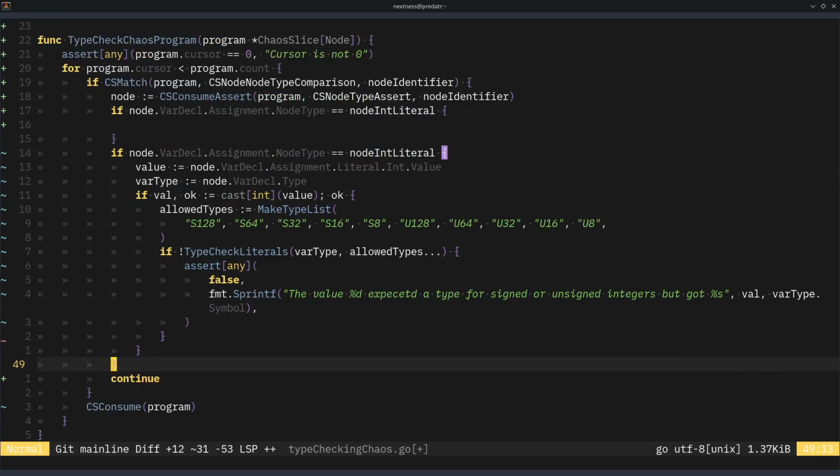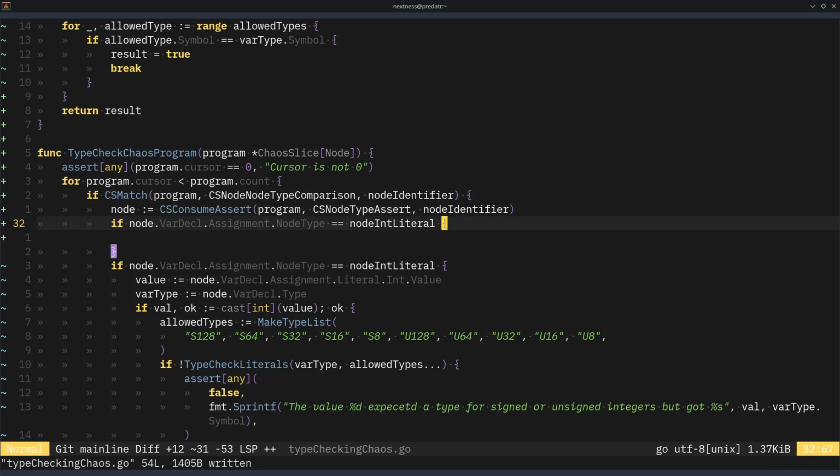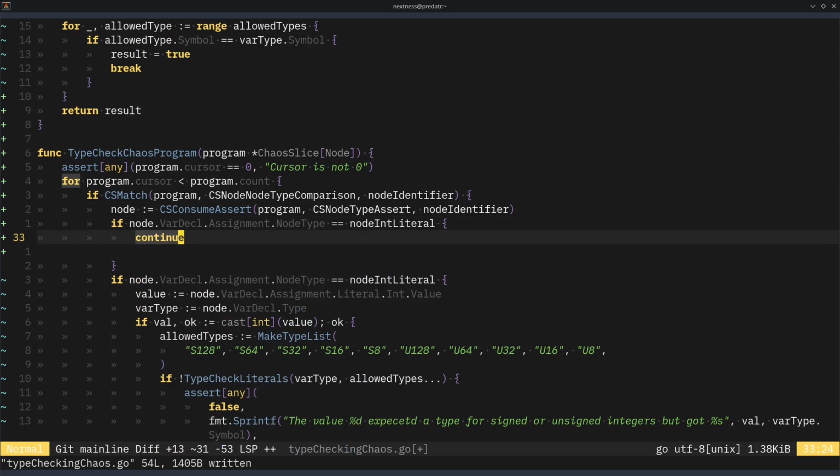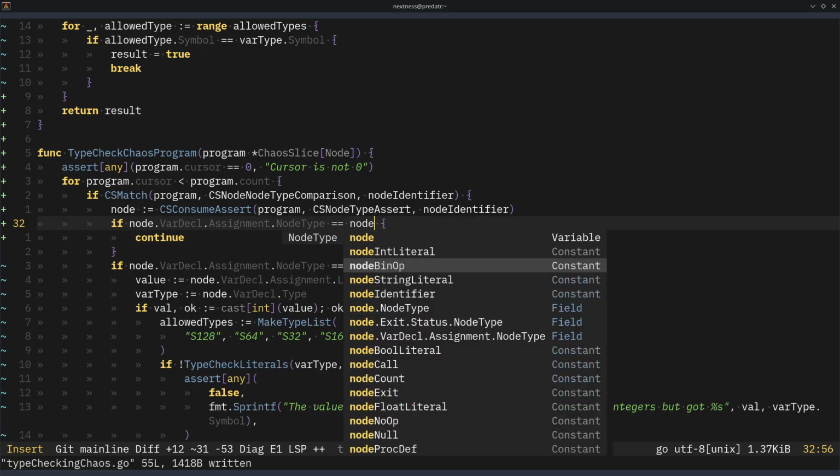And we have a continue, it should be in here instead of there. And here we can say a continue as well. And instead of literal, it's identifier,